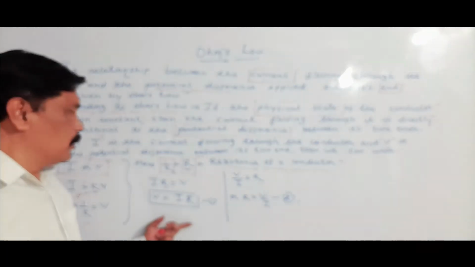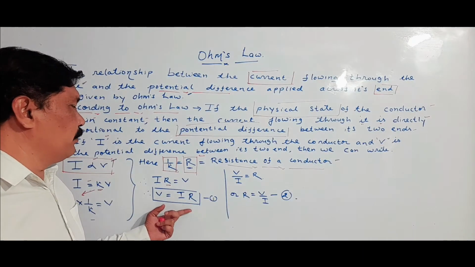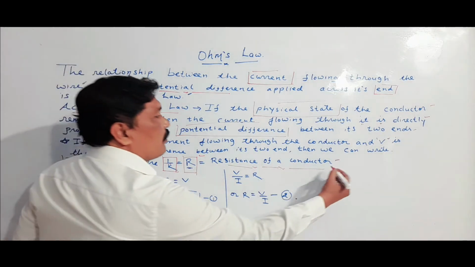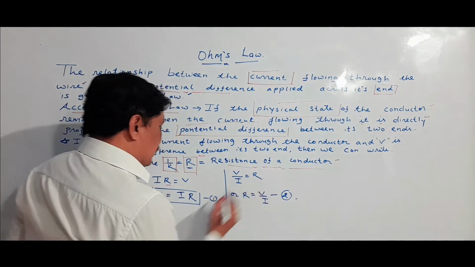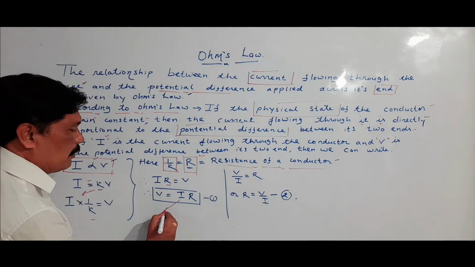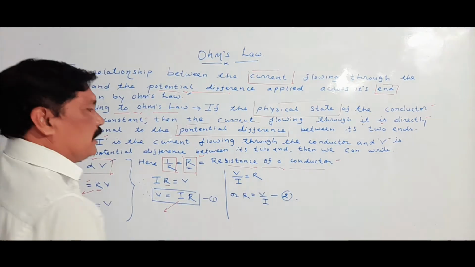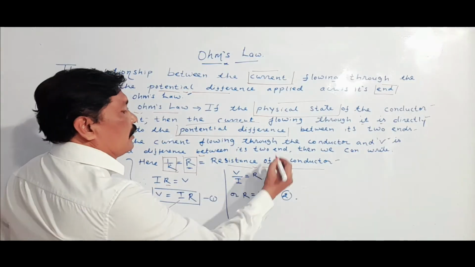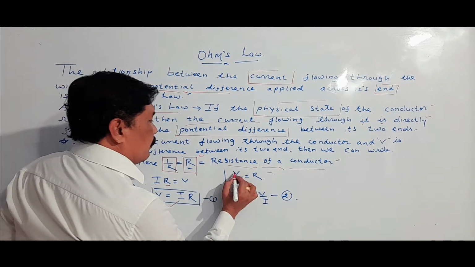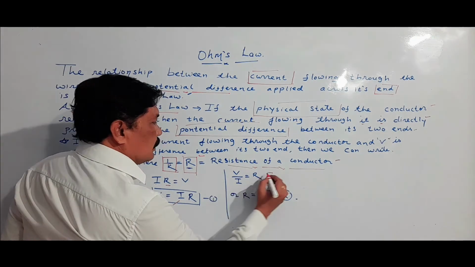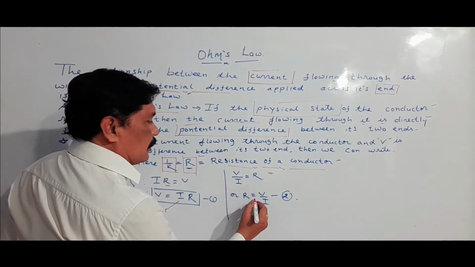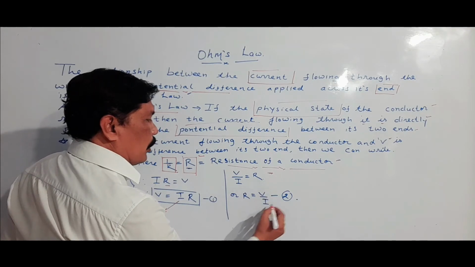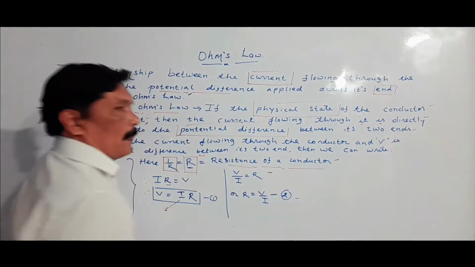From this expression we can also find out the value of the resistance of a conductor. We keep R as it is, and now I will take I to the other side of the expression and therefore it will come in the denominator. We will get the mathematical equation V by I is equal to R. If we arrange, we get R is equal to V upon I.